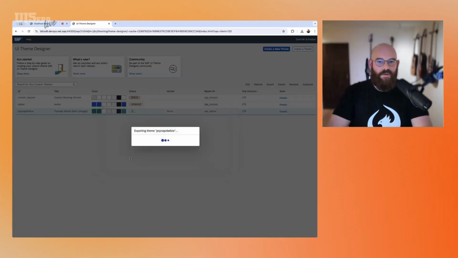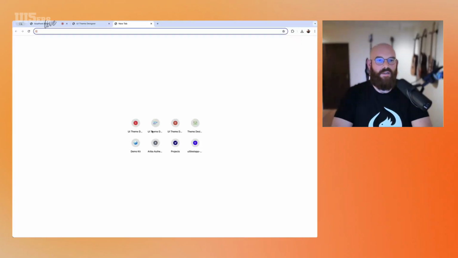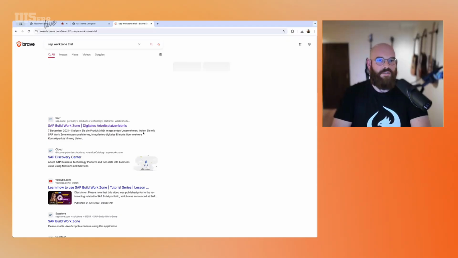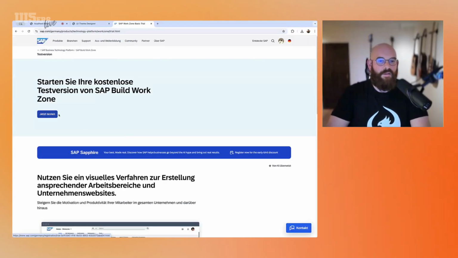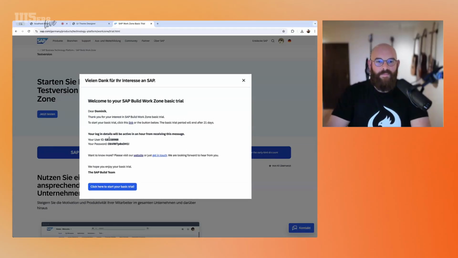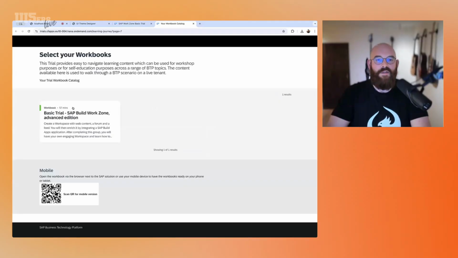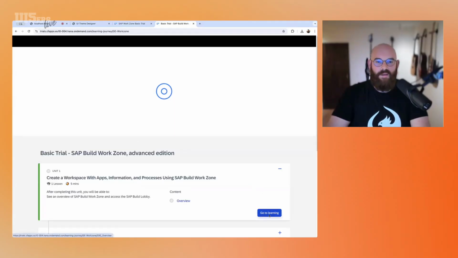For that, I would export the theme from my ABAP backend. Again, this takes a little while, so we just let it work. What I would do then is either use a BTP Cloud Foundry theme designer that I already have, which comes with WorkZone, or I could search for a WorkZone trial and click my way through that. I would have to copy those generated credentials and go